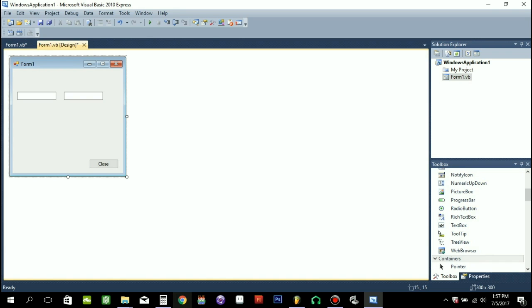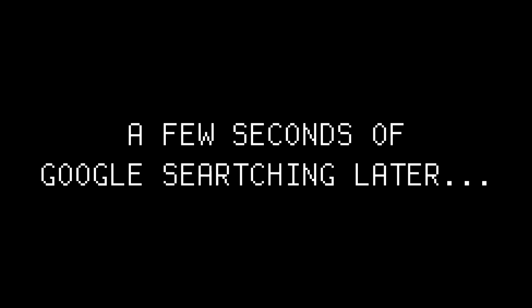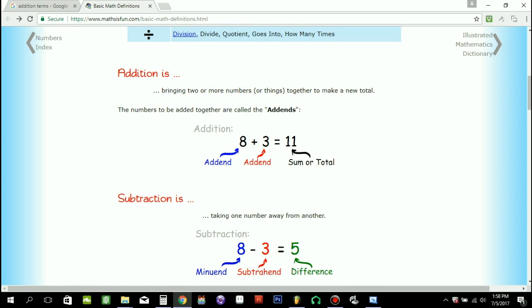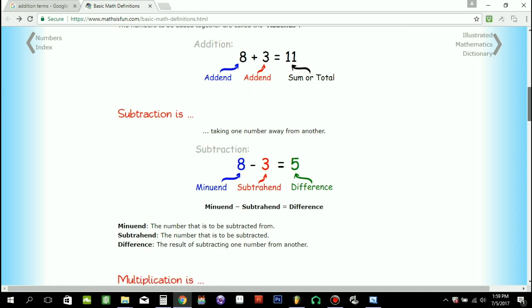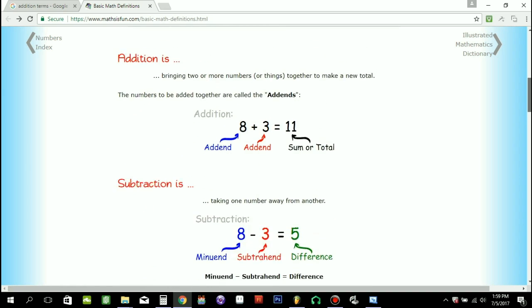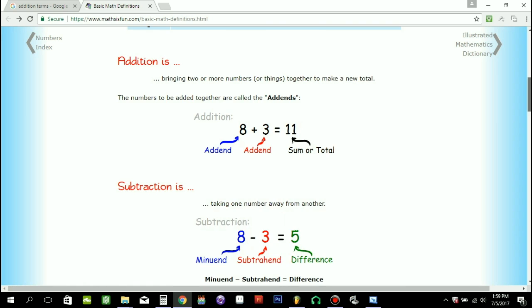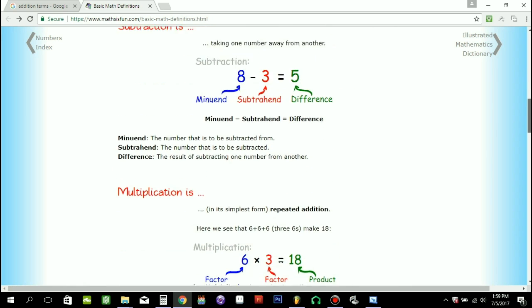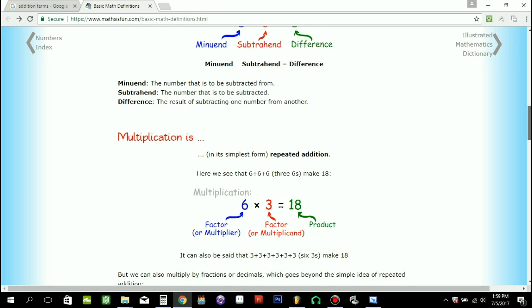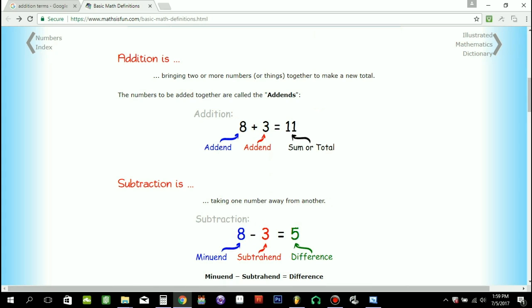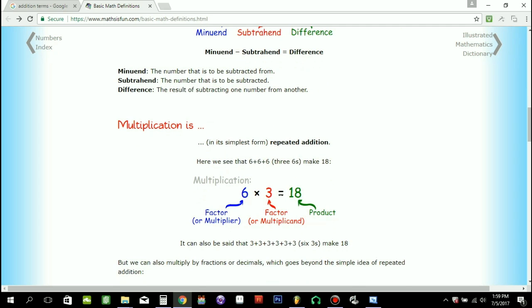Wait, is that the right term? Let me check. Yeah, okay, so addend and addend, and then the sum and the total. Okay. Whoa, minuend and subtrahend. These are terms that I forgot because, frankly, why would I need to know what an addend and the subtrahend is? Why do I need to know what a multiplier and the multiplicand is? And why are they all different? Why in addition is it called a sum, and in subtraction the difference, and in multiplication the product, and